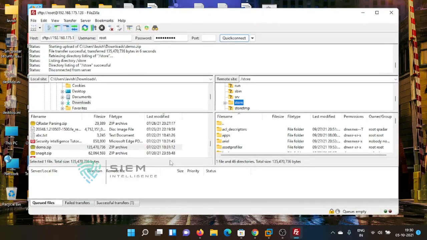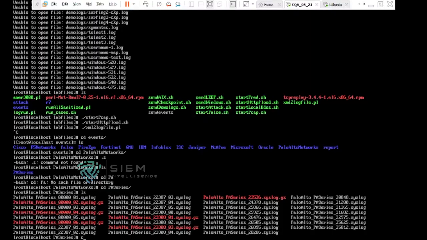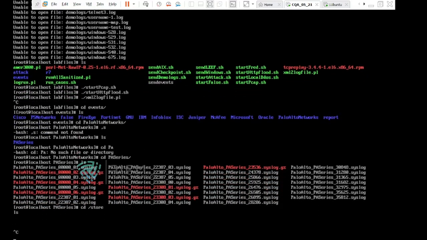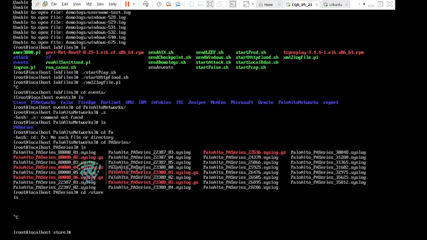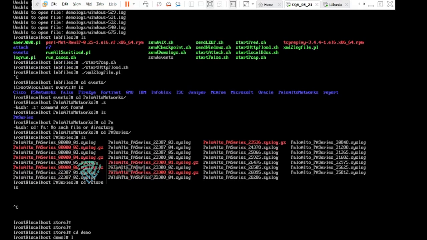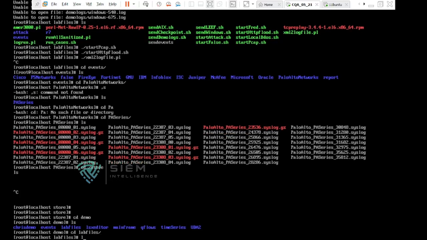We need to keep the data. That demo is helpful for a lot, and we need to create some of the things easily. So I'm going back to the store demo. ls, cd lab files.